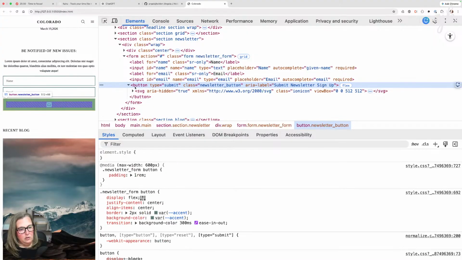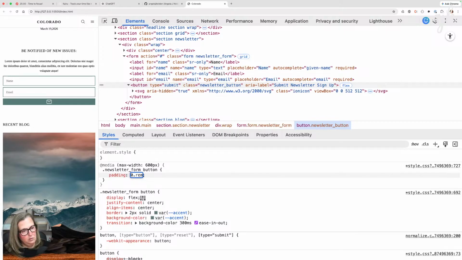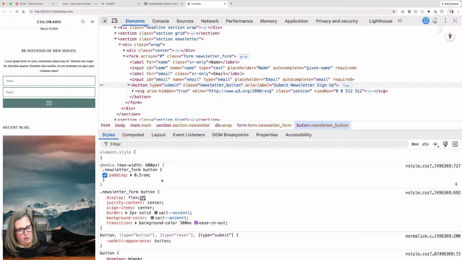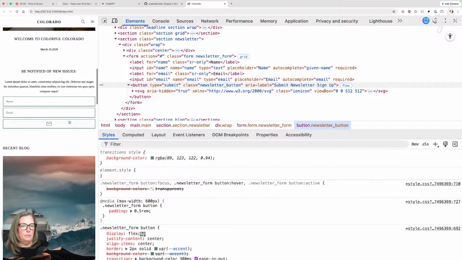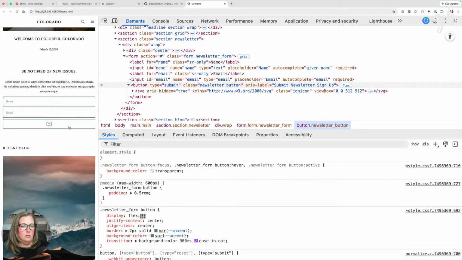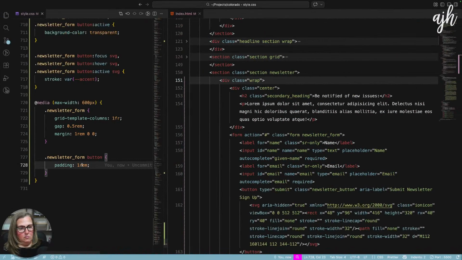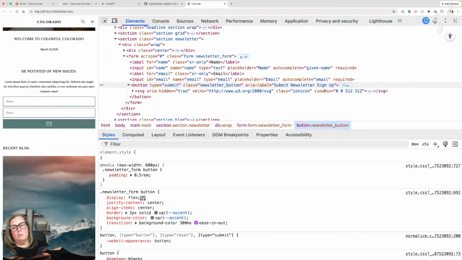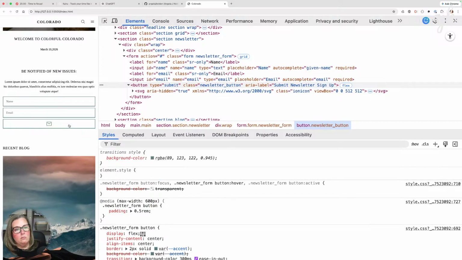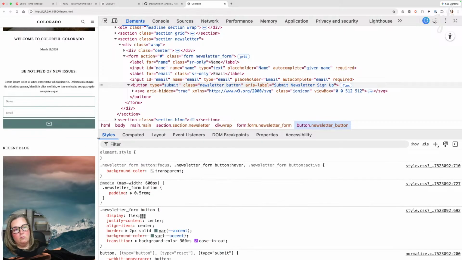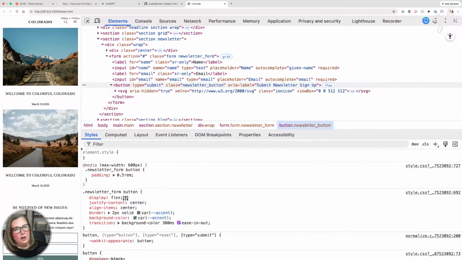That's a little much. There, that looks good. All right, I think that works.